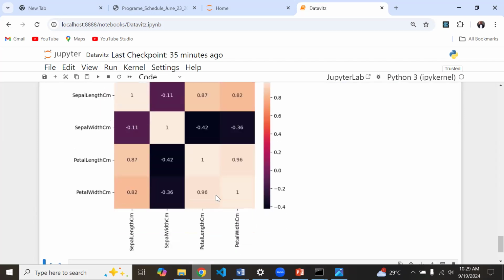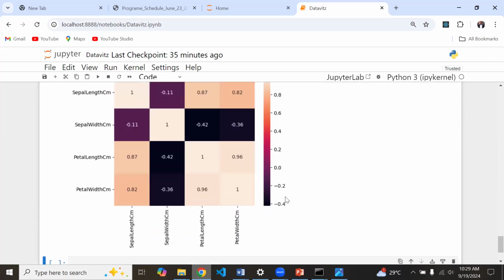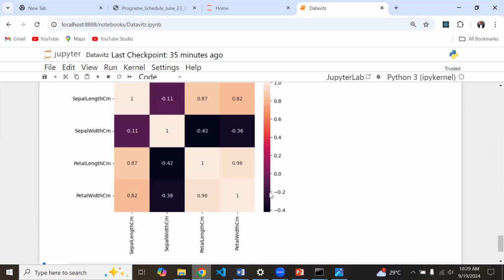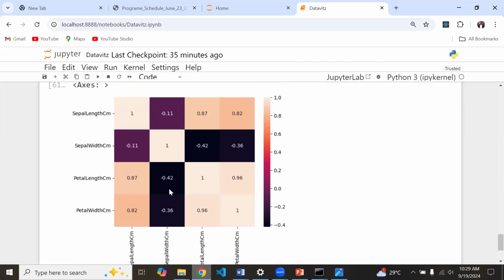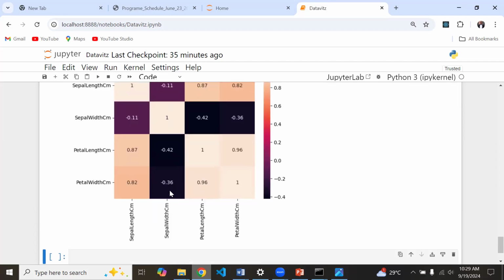Anybody seeing this will know that anything, for instance, that is a little bit dark is within this region, like the 0.4 to 0.2 region. I mean the negative. So anything, this one is very dark. So these ones are the least. So clearly I can see that in terms of correlation, for instance, if you have to compare sepal width and then the petal width CM,